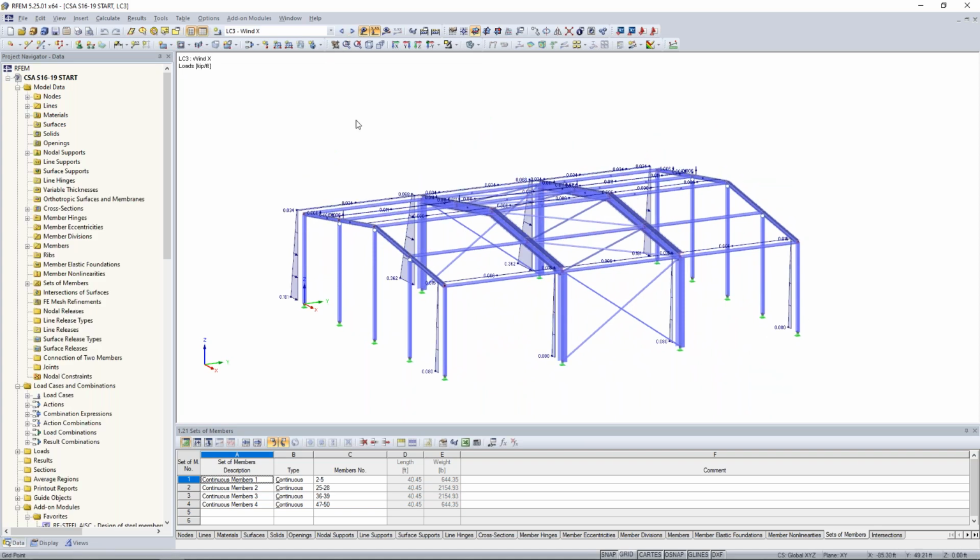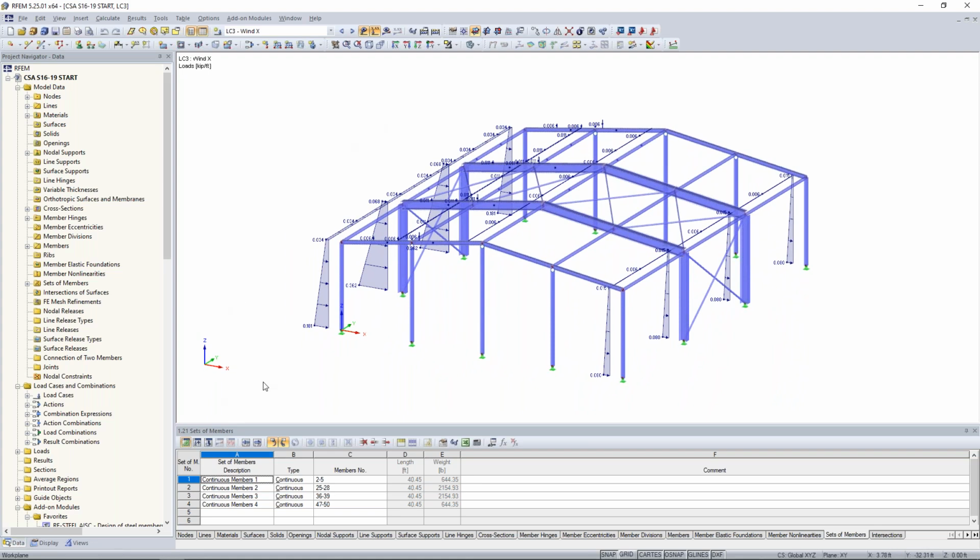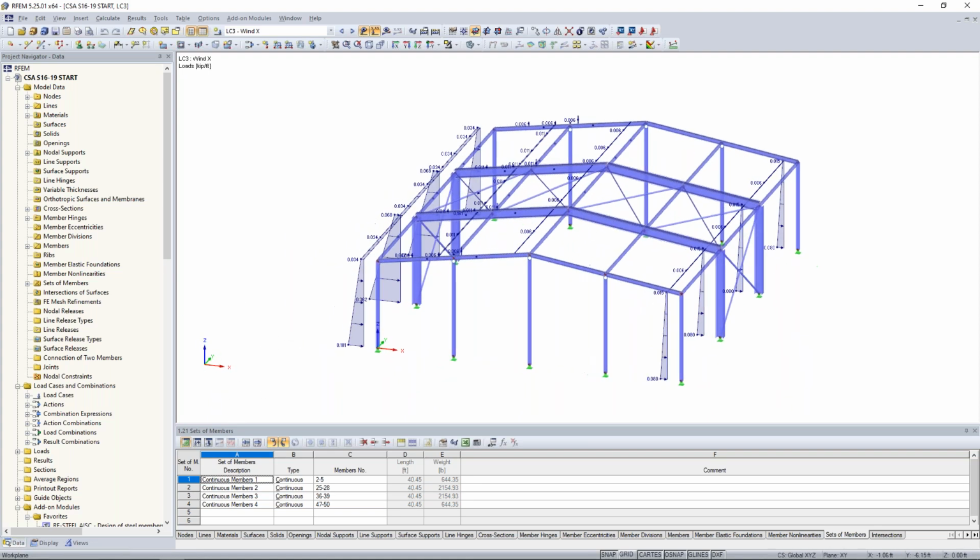So I've also applied a wind in the X direction, pretty simple application here. According to the global X axis, we have our wind flow from left to right. And over on the left for our pressure face, these are just standard member loads that I've applied to each one of these members. Over on the right-hand side, we kind of have a suction force,